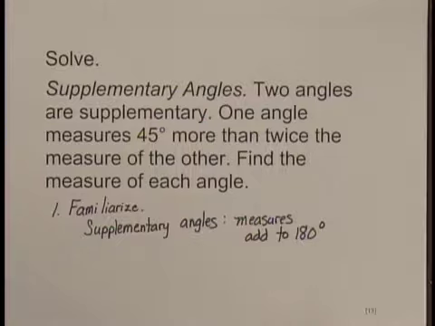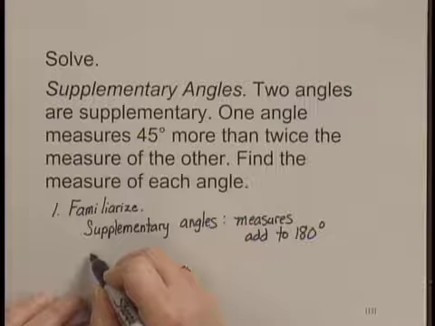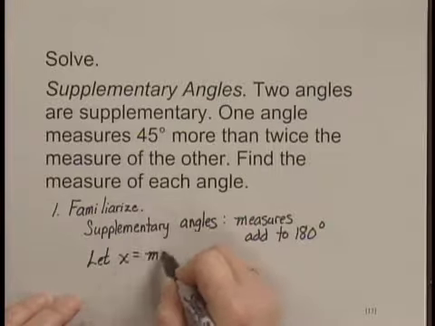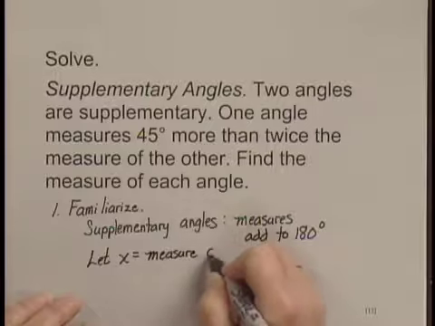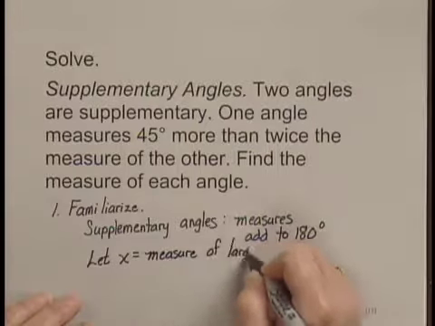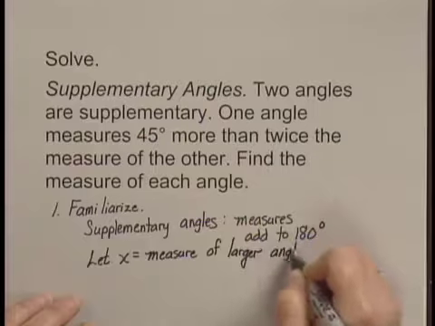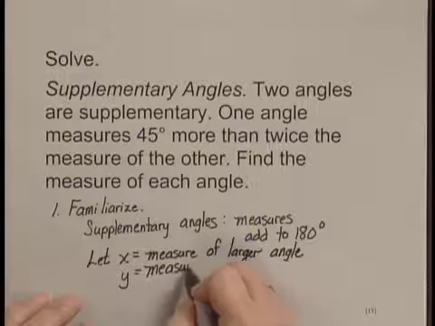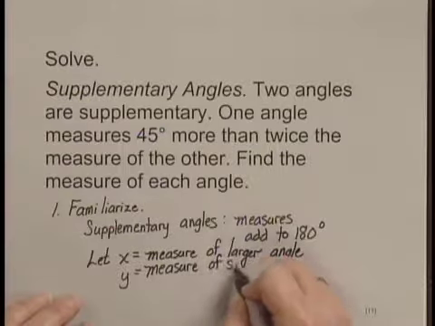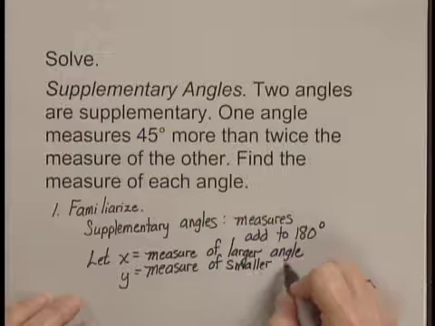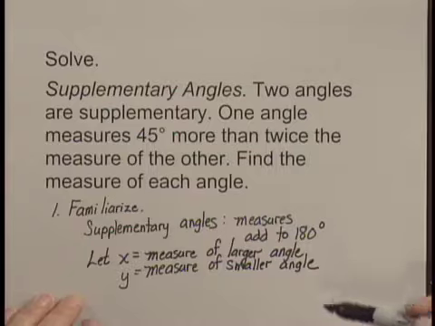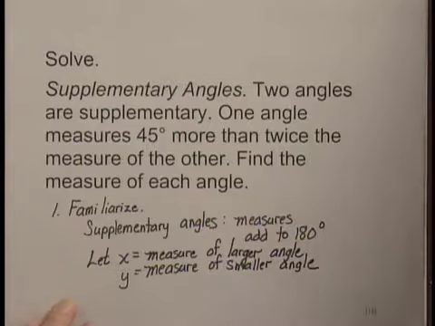We're asked to find two measures, the measures of two angles. So let's define those measures. Well, we'll let x be the measure of the larger angle, and we'll let y be the measure of the smaller angle. Now that we have this much information, we can move to our next step, which is to translate the problem